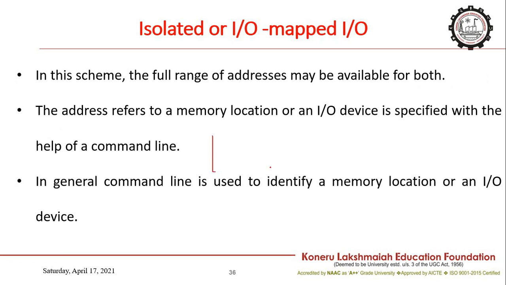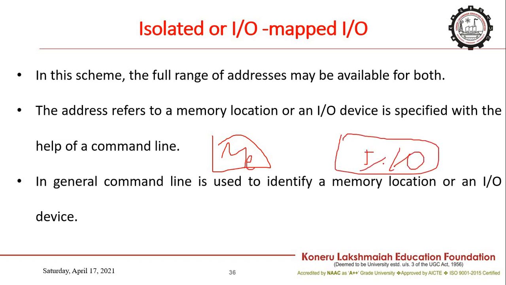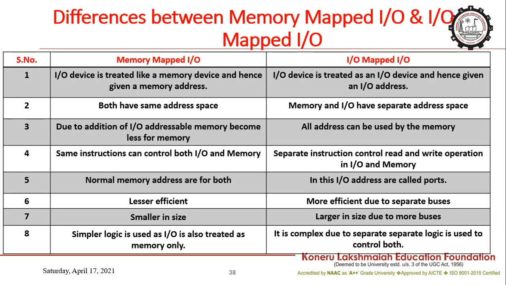Isolated is nothing but the memory will be in one bus and the IO devices will be in another bus. So whenever the IO devices need the use of memory, they need to take permission from the control unit, and will use the memory whenever it is required in an isolated IO. In memory mapped IO, the IO device is treated like a memory device and given a memory address, so both have the same address space,